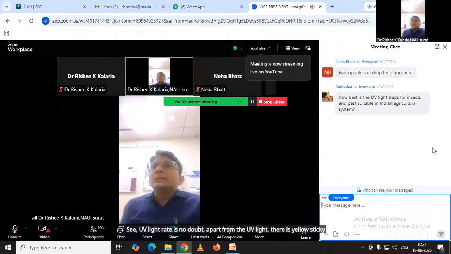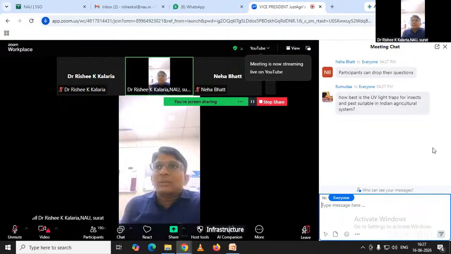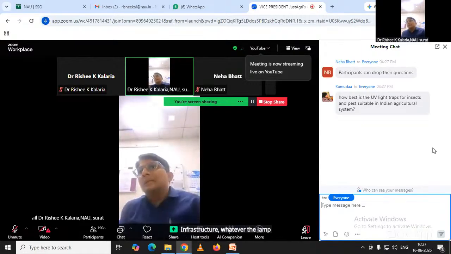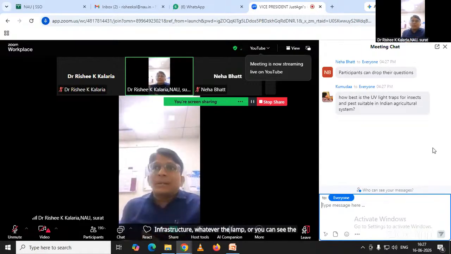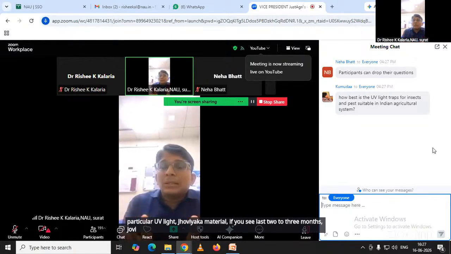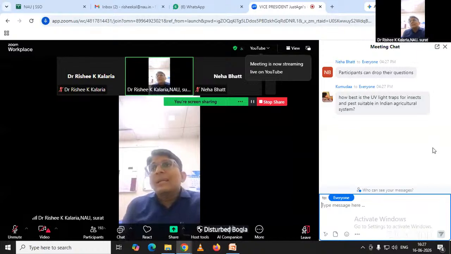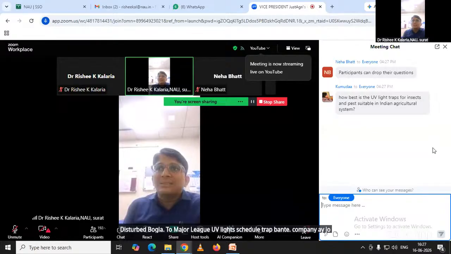But the thing is, UV light infrastructure, whatever the lamp, or you can see the back end side of that particular UV light, जो भी आपका मटेरियल है, वो आज के टाइम में स्पेशली इफ यू सी लास्ट 2 to 3 month, जो भी ये एनर्जी क्राइसिस हुआ है, एनर्जी क्राइसिस में काफी हमारा इंपोर्ट एक्सपोर्ट डिस्टर्ब हो गया है। तो मेजरली जो भी यूवी लाइट्स के जो ट्रैप बनते हैं, वो हम बाहर कंपनियां जो है वो मेजरली बाहर से यूज करती है।